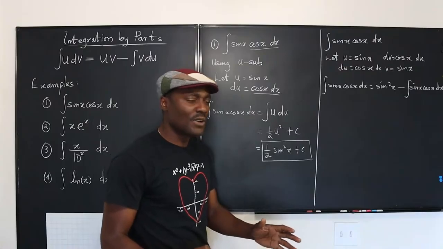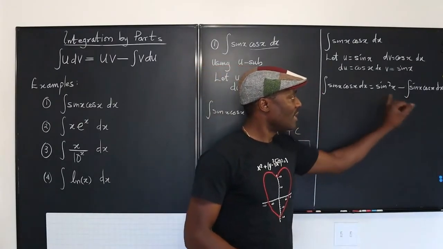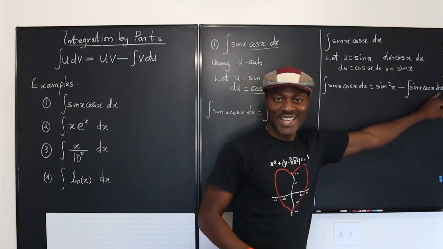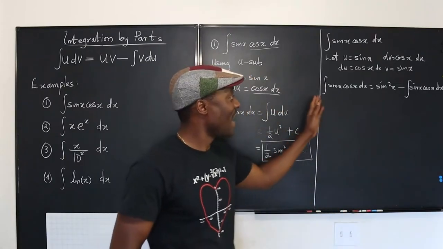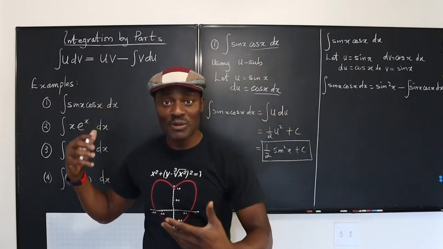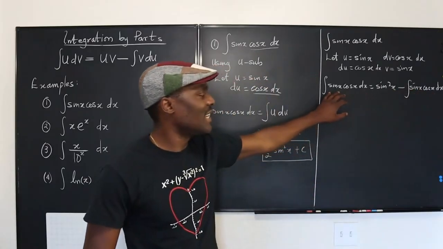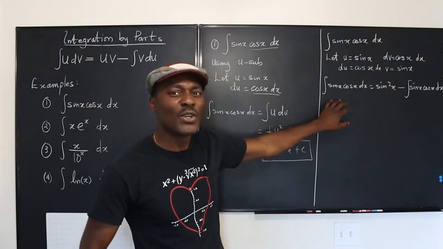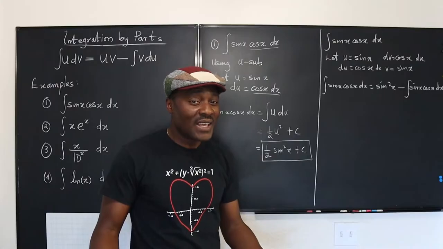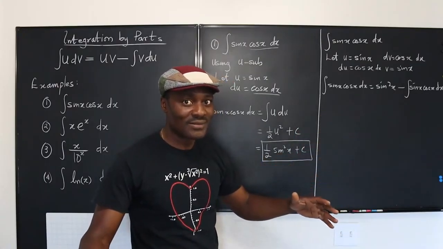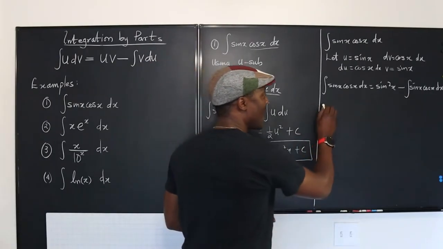But one thing you've observed is that the problem is a part of the solution. And that makes your work come to an end. So remember, every time you write something like this using the integration by parts formula, and you notice that what you have on the right hand side looks exactly like what you have on the left, or is a form of it, a multiple of it, okay? You're done. So just move this over to the side and add it to the original problem, and you're going to end up with